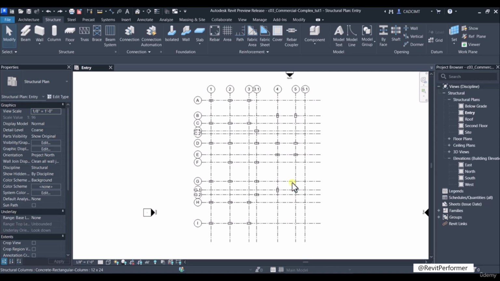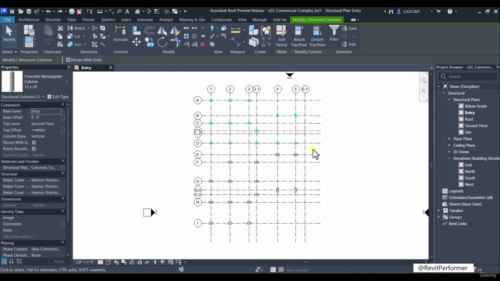To do so, place the cursor between grid A and grid 1. Next, press and hold the left mouse button and then drag the cursor downward toward the right along the selection window until it is placed at the location. After that, release the mouse button and click. You can see here all the columns inside the selection window are selected and the Modify | Structural Columns contextual tab